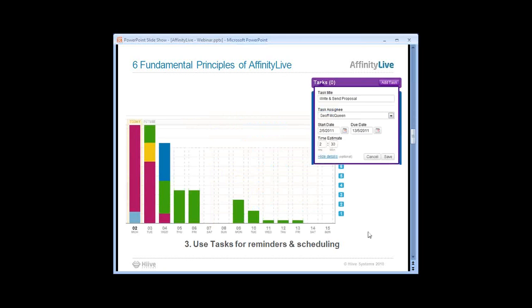The third fundamental principle of AffinityLive is that if you want to use the reminders and scheduling functionality built into AffinityLive, you'll want to use these tasks. Now these tasks are the little guys in purple there. You can find them from a company screen or from a sales opportunity or prospect screen or from a job on a particular component, etc. You'll see the purple box all over the place. And by using that box and creating your tasks and things you've got to do for clients or as part of your work,